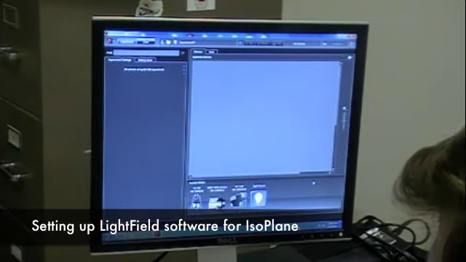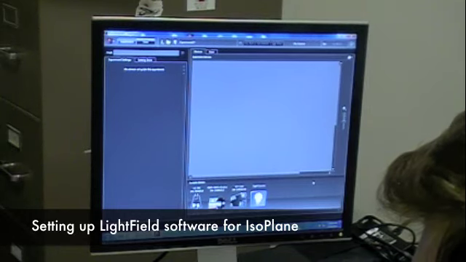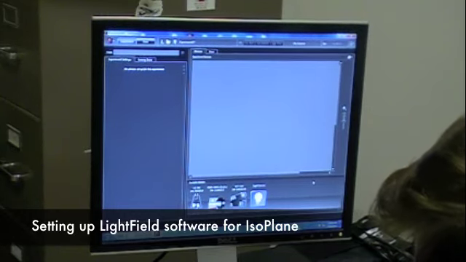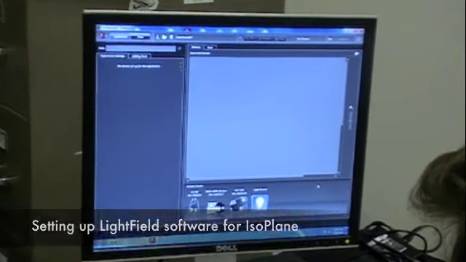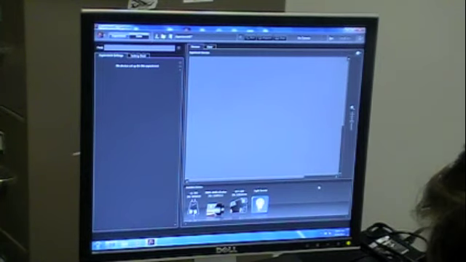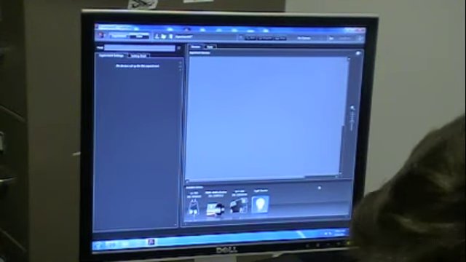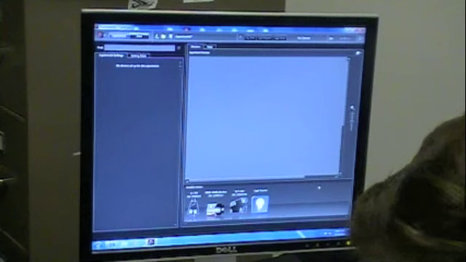Point, we've got the camera mounted on the IsoPlane. We've got power going to the camera and the IsoPlane. We've got the shutter cable connected, and we have USB cables from the camera and the IsoPlane connected to the computer. So the next thing I like to do is start LightField or WinSpec, but we like to use LightField